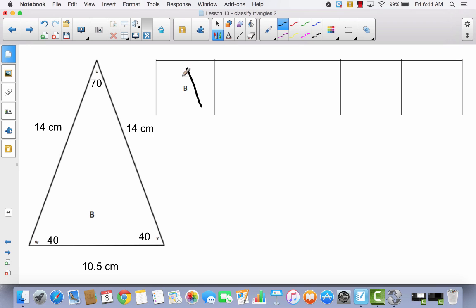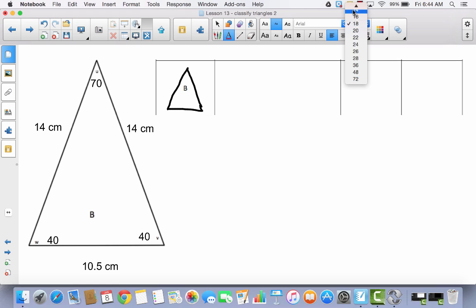Yours should too. Try to make it look tall and then have a nice straight side, okay? All right, so now when we list the attributes, we're going to say, make this a little bit smaller here. We're going to say, let's start with the sides. Now, they're not all the same like they were in the last triangle, right? This time we can say 2 of them are the same. So we can say 2